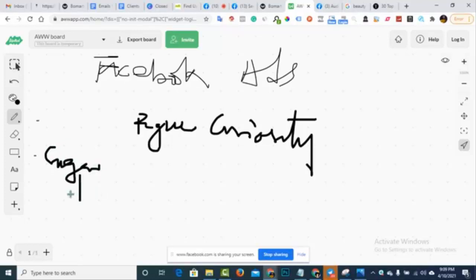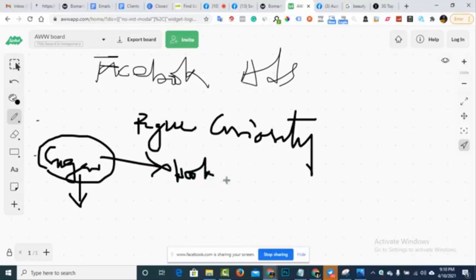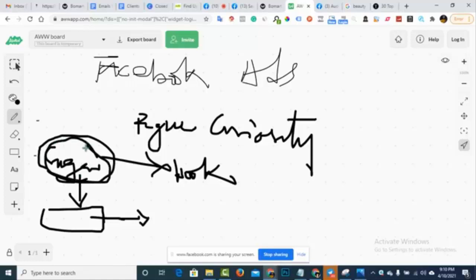Then I can expand on this thing that I have talked about at the beginning. So of course, the copy you have is a hook. What I've just done right here is the hook. So I move on to where I now talk about the unique mechanism to expand on this claim I just made, because this is a claim. By claim, I mean I just say that sugar is not responsible, right?